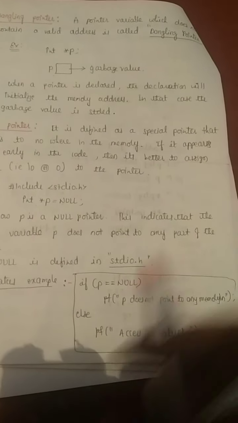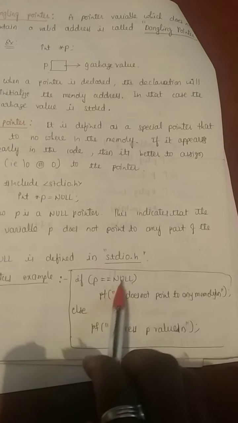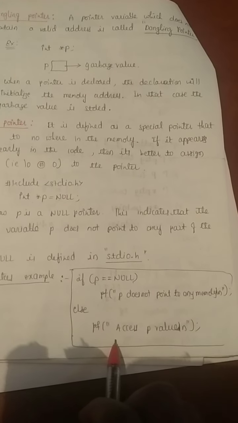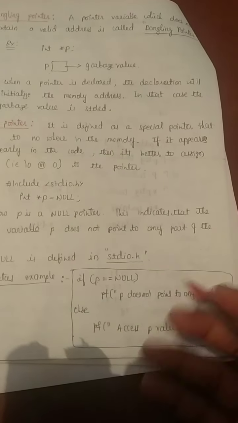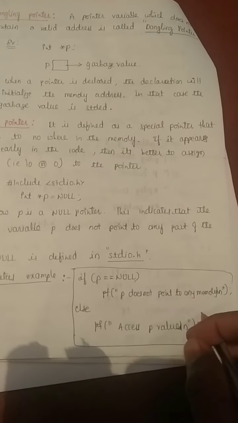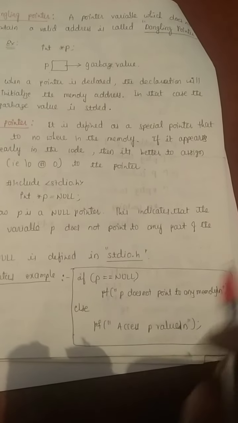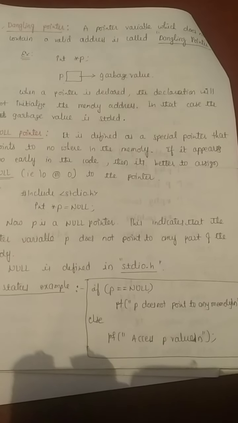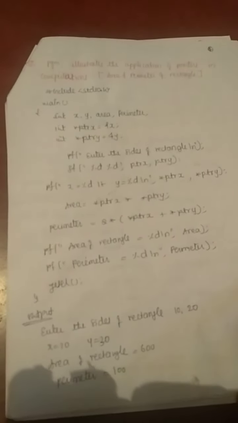At that time the check pointer equal to NULL is false. When this is false, we can print one more message that we can access the p value, or that the pointer is pointing to some valid address. So this type of message you can use in your coding. So this is the dangling pointer and the null pointer. Now how to write a program